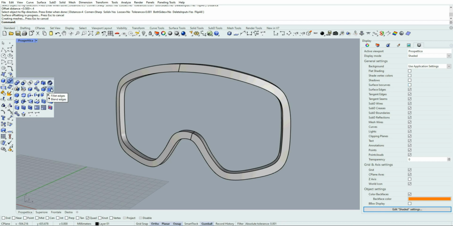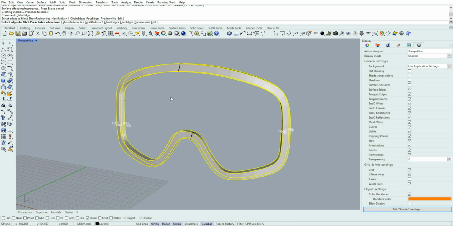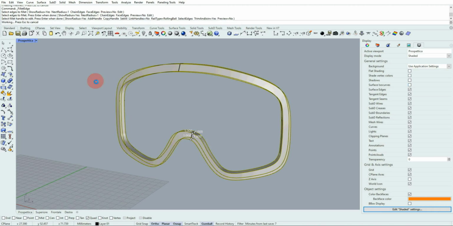If I go to the fillet edges command, let me try with 1 millimeter radius. I select everything, press OK. It may take a while. It depends on your computer and other parameters, but usually it's a matter of maybe 1 minute, no more.